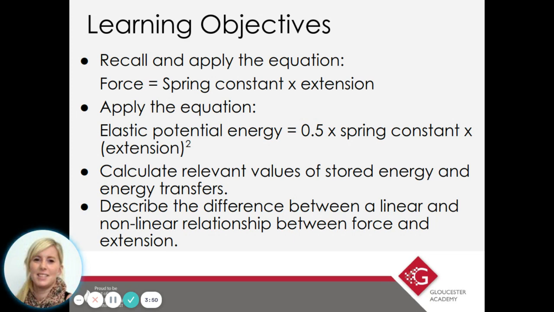And the second equation then is elastic potential energy. So when you stretch that spring, obviously it's got stored energy in that stretched spring, and if you let it go, that energy is going to transfer into, say, kinetic energy or another type of energy, and you work that out by doing 0.5 times the spring constant. So the spring constant is the stiffness of a spring or a material, and then you times that by the extension squared. And at this point, it would be important to mention BIDMAS. So with this equation, you should do the work in the brackets first, the B in brackets.